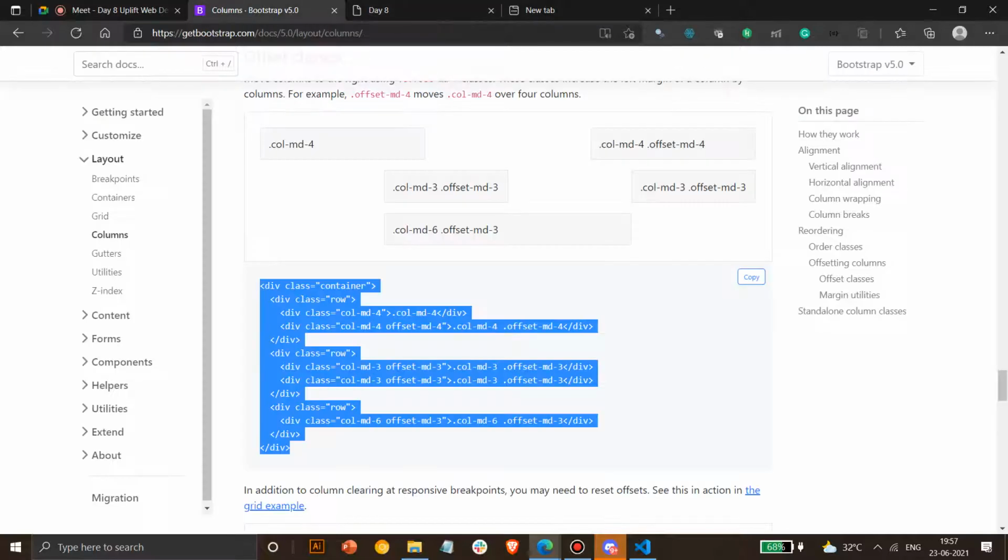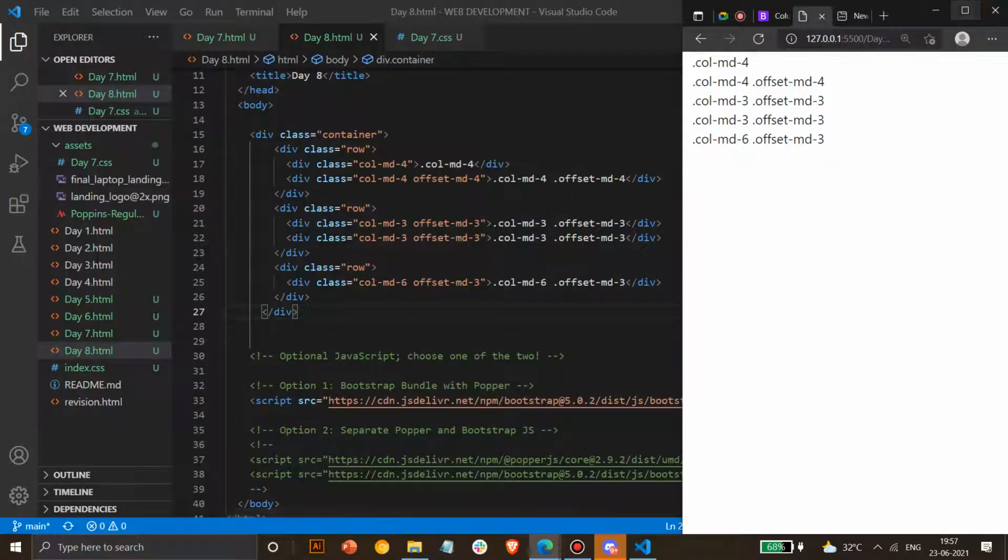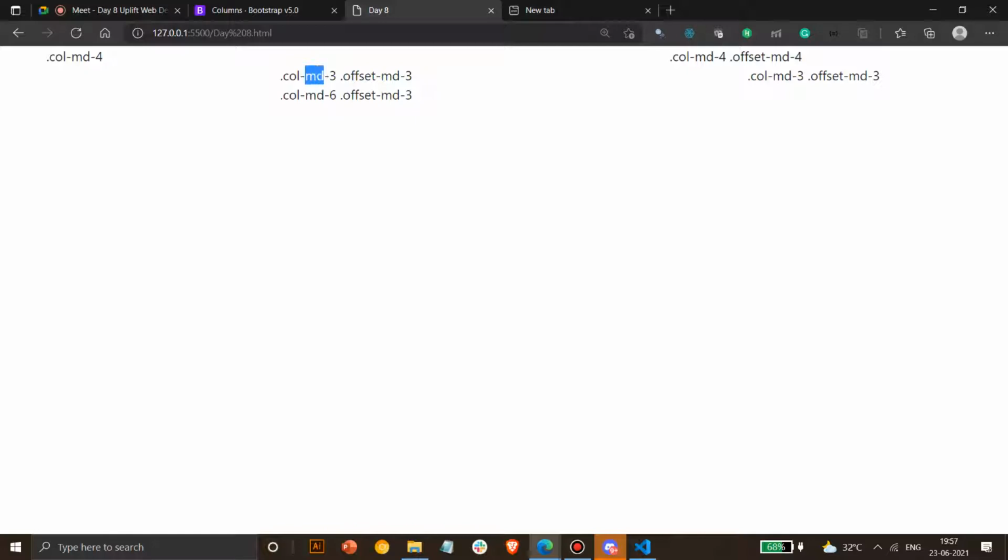This is really important when you have to start a card from left, and you have to leave 2 spaces here, you have to leave 2 spaces there. And this works even in mobile devices. I think it's for MD, that's why it's working for middle devices. But yes, in mobile also it will leave some space of 2 units, which is really small as compared to mobile, but yes, it will leave that space also. So offset is very important when you don't have to start it exactly from here. You can give a spacing like this and start it from there.